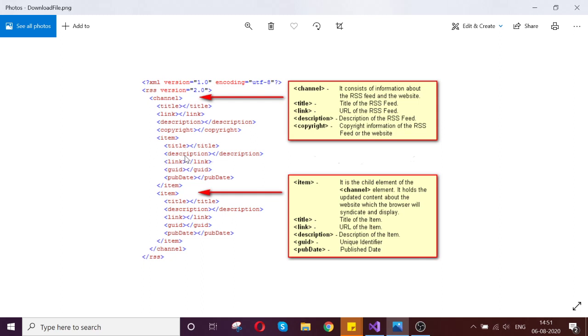So that URL you have to define here, and the GUID is a unique identifier which you can pass here, and then the published date. This is the place where you give the published date of that URL. Okay, fine. So let's see how to build that in your application.